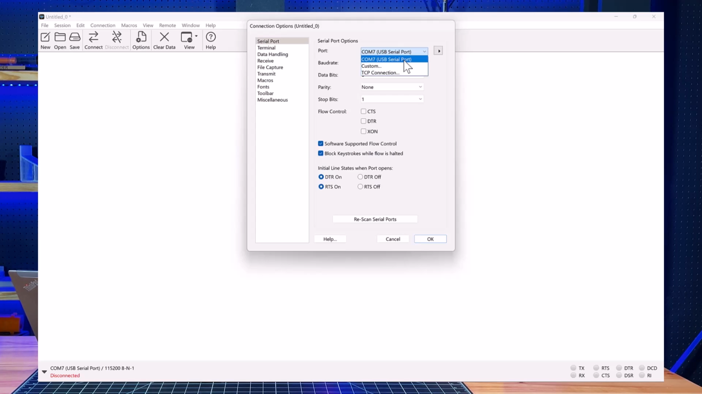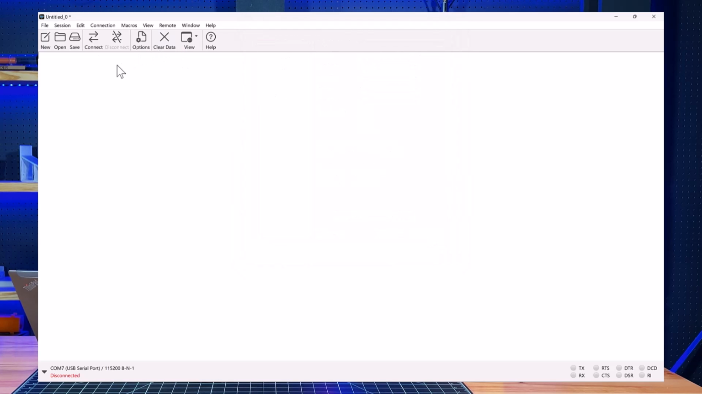And that tells you which port the device was. So I'm going to go with COM7 and make sure my baud rate is set to 115,200. And then I'm going to click OK. Now, when I click Connect, it's going to reset the device and go through the calibration procedure again. So when I click Connect,